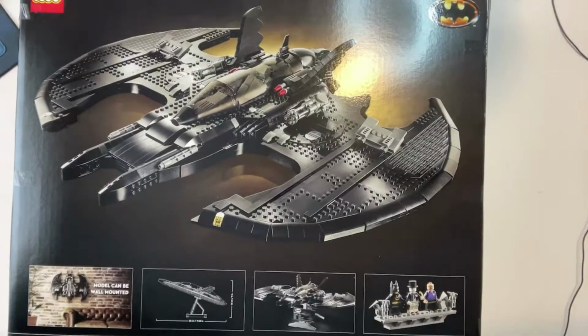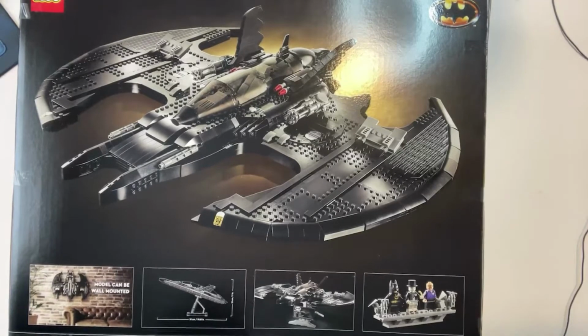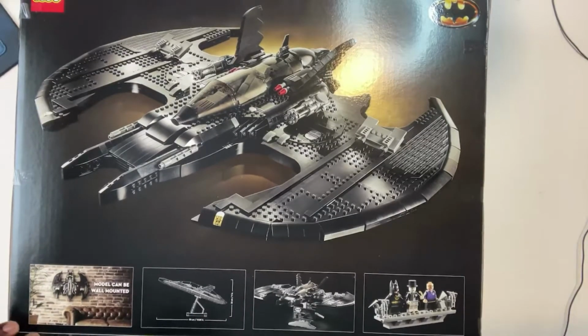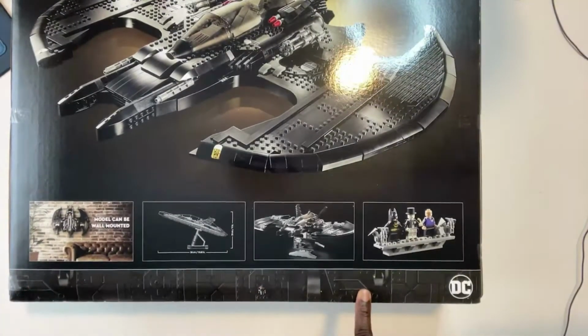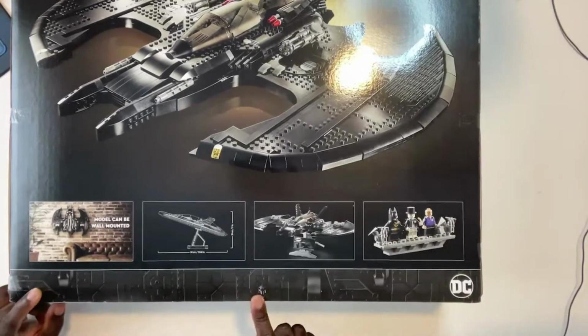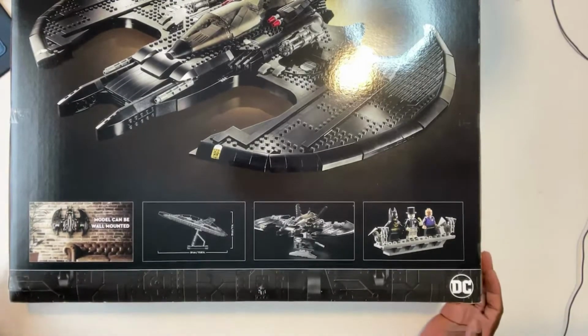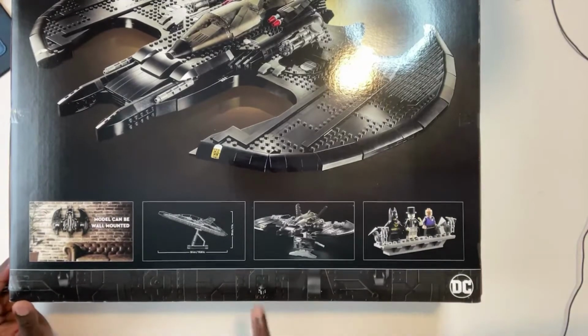So the box itself, the new Lego box design. I like the band on the bottom. It's pretty cool. And every now and then they hide something in it. There's a wing here and a wing there. Well, here and there. I don't know what that is, but it's some kind of design. It's really cool. I can't quite picture that, but